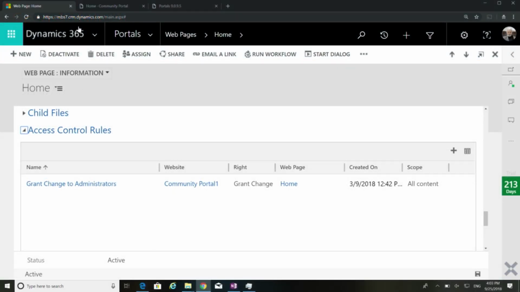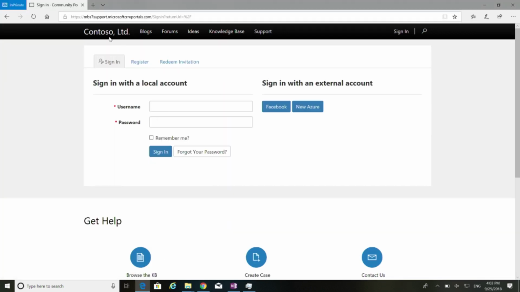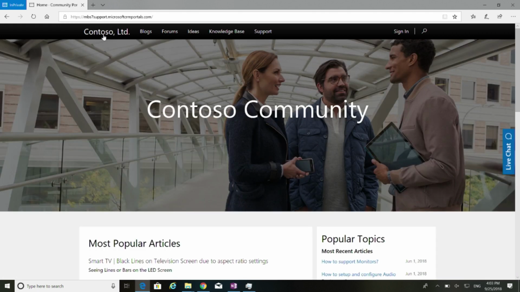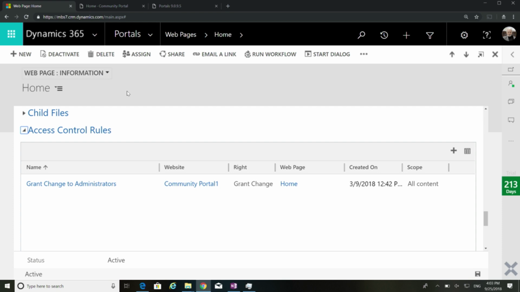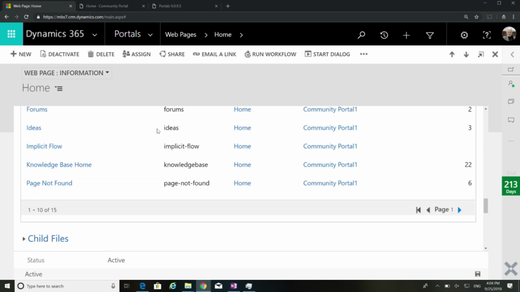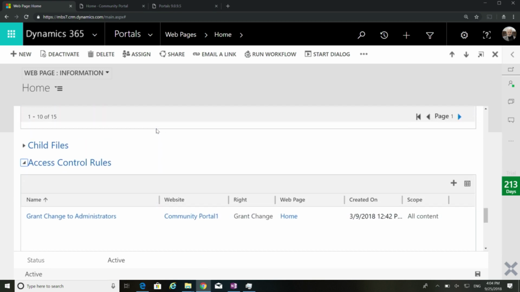All right, so here I am on my website. This is my portal. You can see that it is actually in a hybrid mode. All portals by default are hybrid. They have a few pages authenticated, a few pages anonymous. So what I want to do is when I hit my home page, I should be asked for login. I should be thrown to my sign-in page, where I should log in first, then I can actually access it. So I'm following the pro tip. I'm just going to go to my website, go to my home page. Everything else is a child of this anyway. So I'll go add an access control rule.